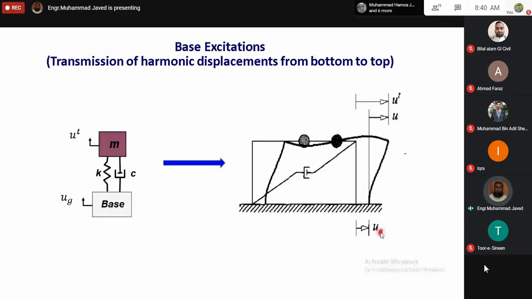Say due to earthquake the base displaces by an amount ug, and due to this displacement, the structure at the top end displaces by an amount ut. Then the ratio of ut and ug is also known as transmissibility. And fortunately, if we develop an equation,